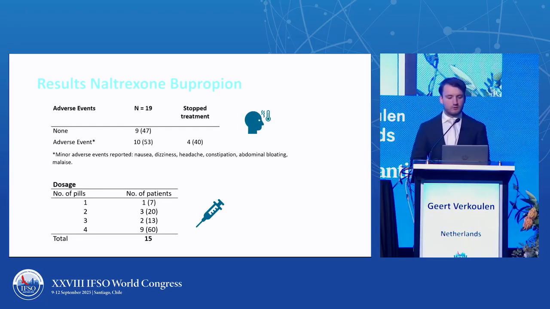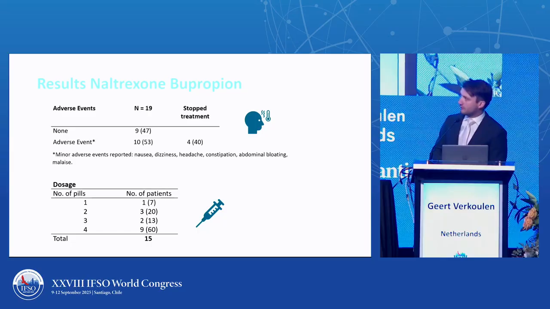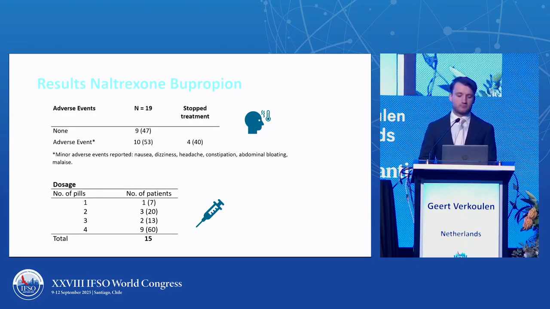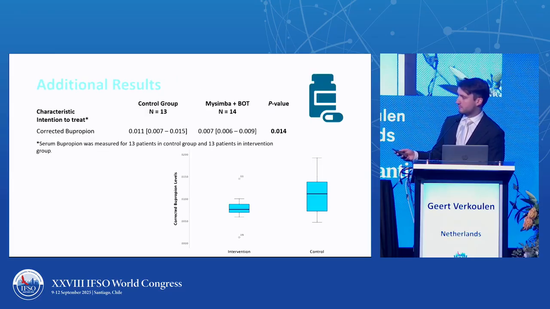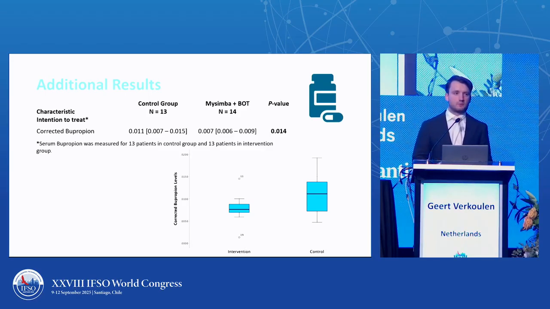As secondary results, we looked at the adverse events within the medication group. Of the 19 people within this group, 10 had adverse events, of which 4 stopped with the treatment. Those were in the intention to treat. We looked at them as well. The dosage of pills, it's nice to see that 60% of patients came to the maximum tolerated dosage of 4 pills. And then the additional results where we made the comparison between the control group, the non-metabolic bariatric surgery group, and your medication group, where you see a significant difference in serum levels, but your total weight loss is comparable,